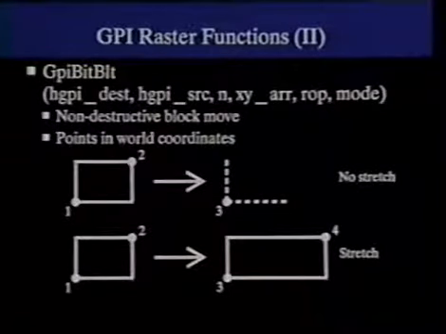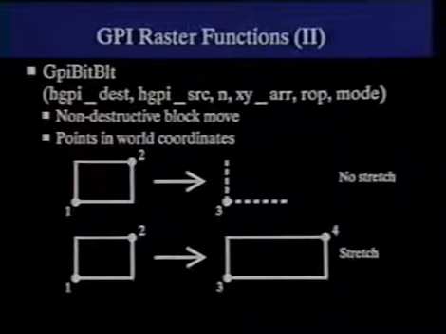That is the only form of primitive which can be stored and includes the data in segments. The other raster functions are related to the movement of data from one portion of a screen to another. And what we'll take a look at in the video is the way in which you can actually create these images. But to begin with, a little verbal discussion: the GPI bitblit operation takes a destination presentation space and a